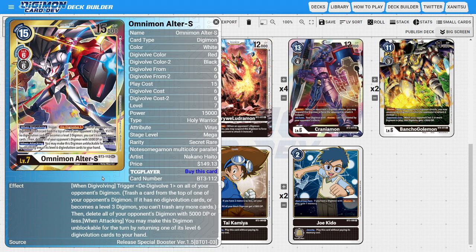Next, I'm going to be running 3 copies of Omnimon Alter S. So Omnimon Alter S is just a very powerful level 7 that we have access to, and he synergizes with the deck very nicely for a whole bunch of different reasons. The first big reason is he has a very powerful when digivolving ability, where we get to de-digivolve 1 on all of the opponent's Digimon, and then if any of those Digimon have 5000 DP or less, then we get